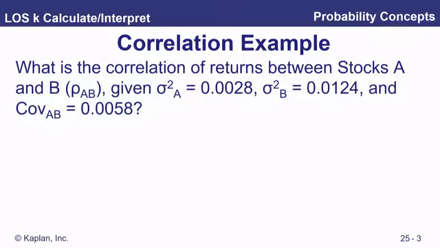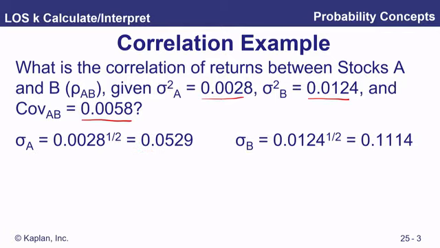So let's just do a quick calculation here. What's the correlation of returns between stock A and B, given our variance of A, our variance of B, and our covariance? Well, we just have to use this formula. We're going to divide the covariance by the product of the standard deviations. So first off, we get standard deviation A and standard deviation B right here, and then take our covariance and